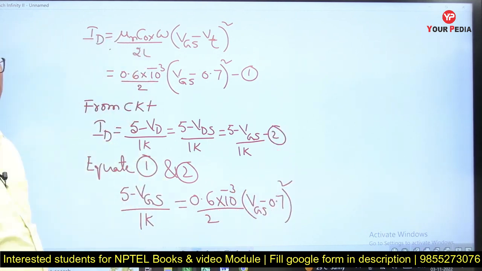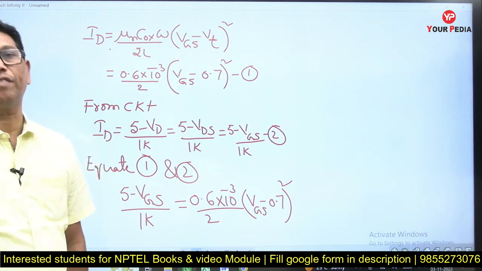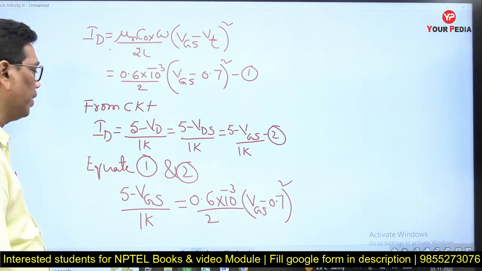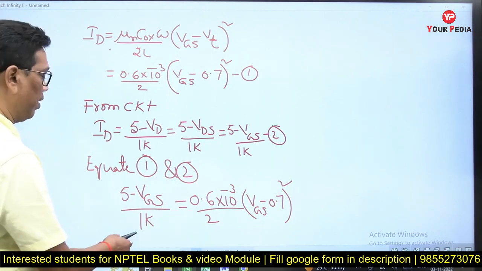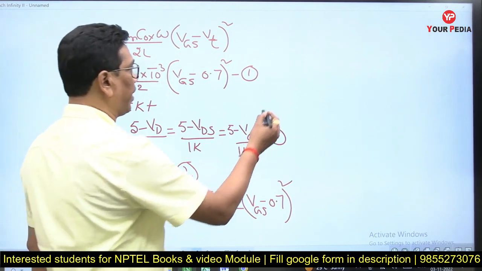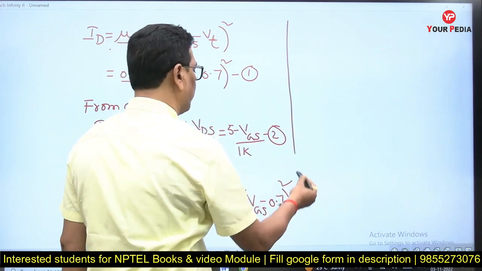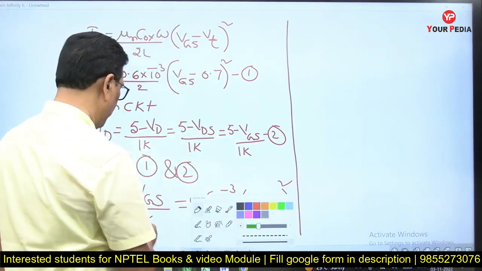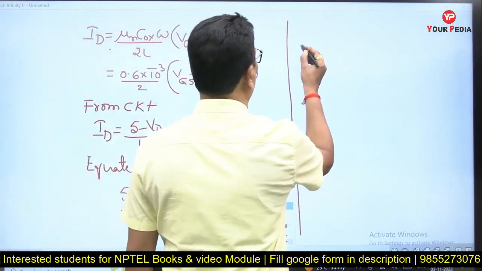If I simplify this, I can get a quadratic equation of VGS. Now can I transfer this 1K to this side? So 5 minus VGS equal to,